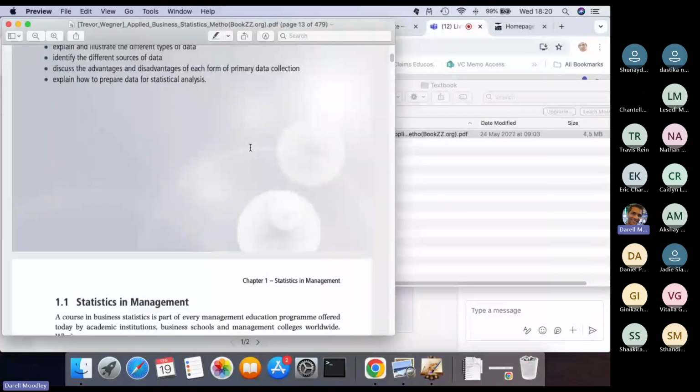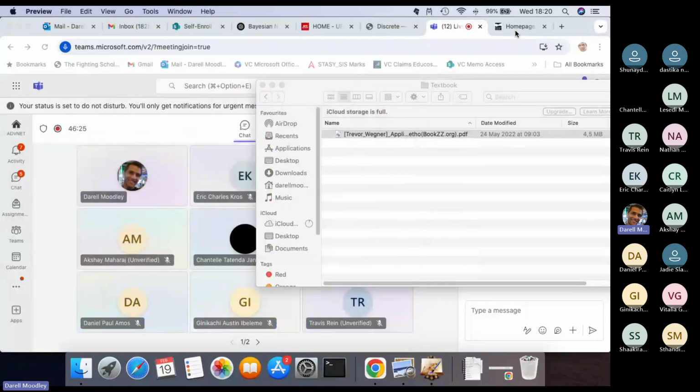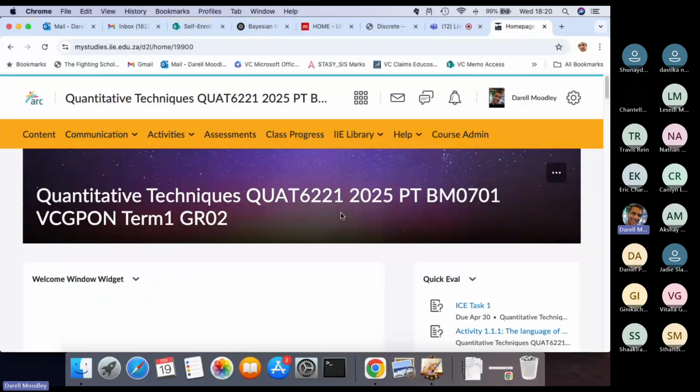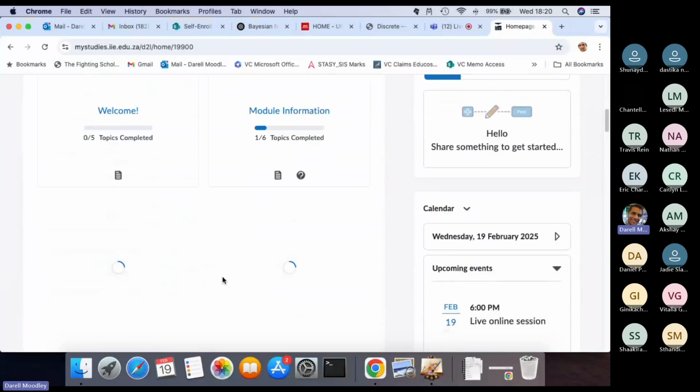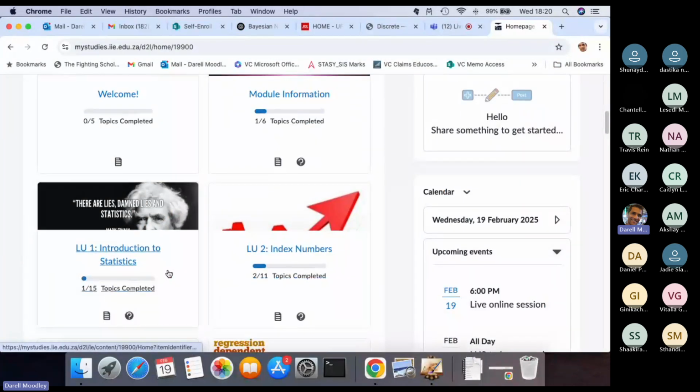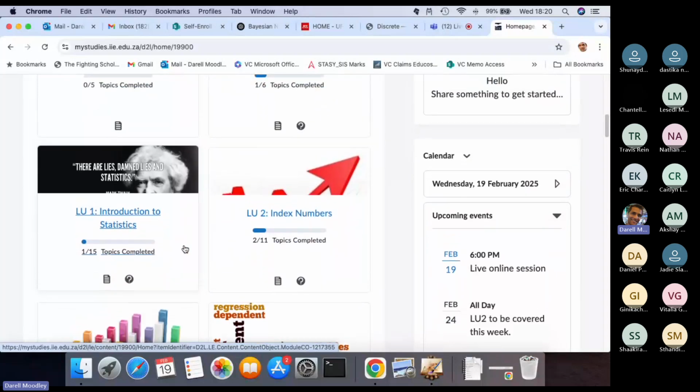If you are still not sure, let me go into the ARC system and show you how to use it to help you find what chapters in the textbook you need to focus on. So if you went to ARC and you went to your module, you have all your different units. If you click on learning unit 1,